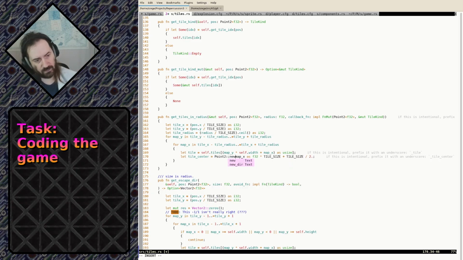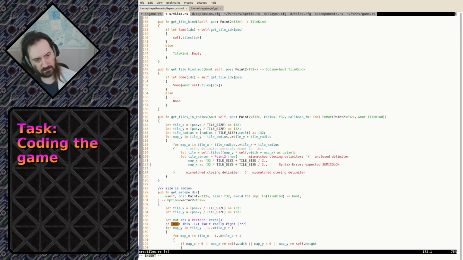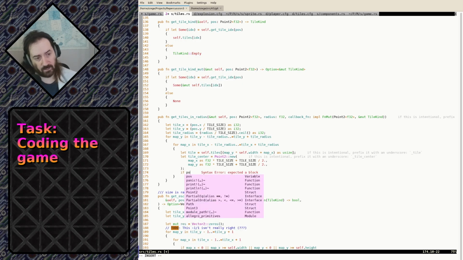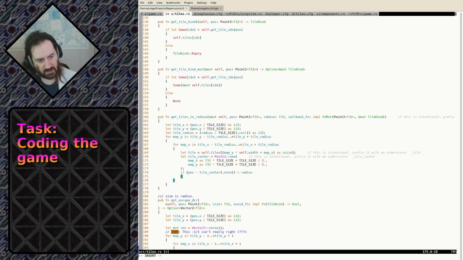Point to new. And then we're gonna do if pause minus tile center norm less than radius,